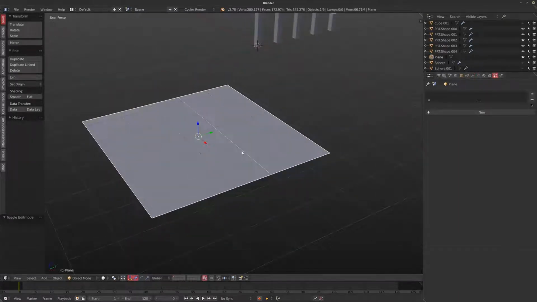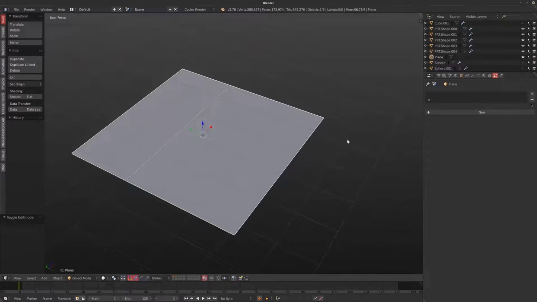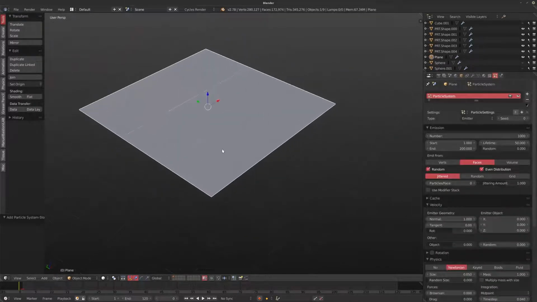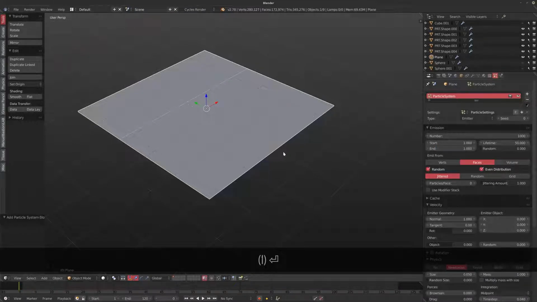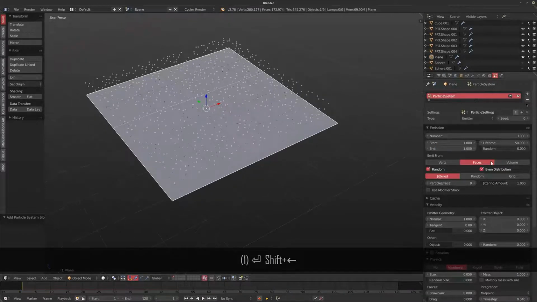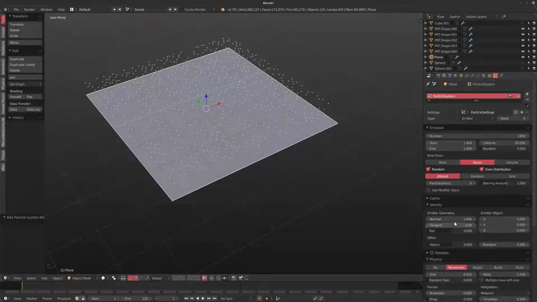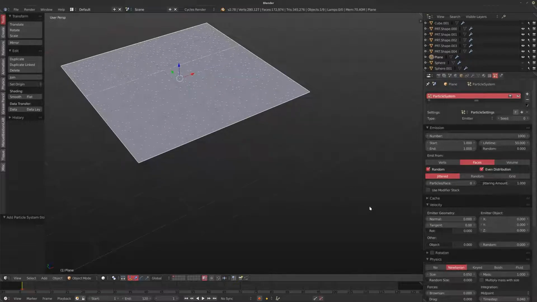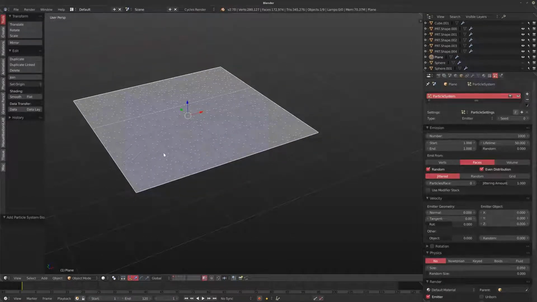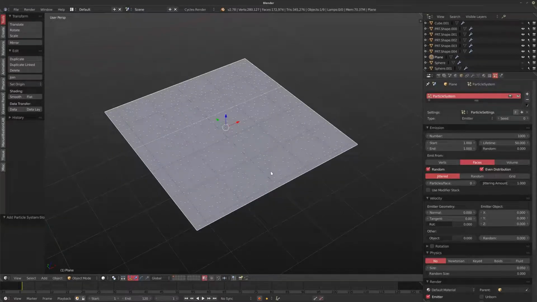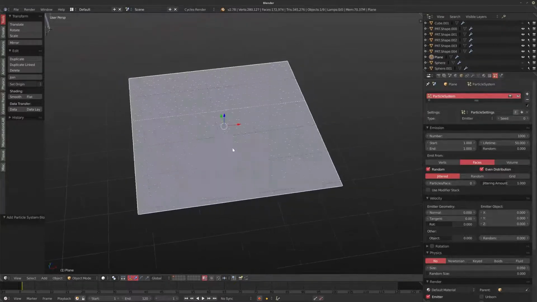So I really like Blender's particle system for scattering stuff. It's extremely quick to set up. If you have the emitter set up here, have the start and end at your first frame of animation. So I'm going to set it to 1. Then rather than having any speed, I'm just going to set this to 0. But this is generally not even needed, because if you set the physics to 0, there's no difference from frame to frame, and you can set up static particle systems very quickly for scattering.